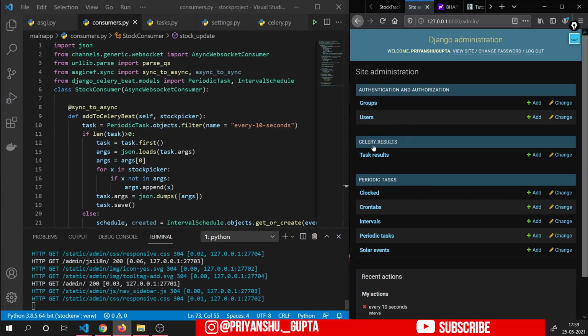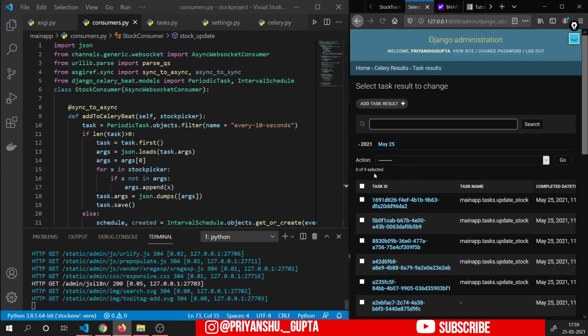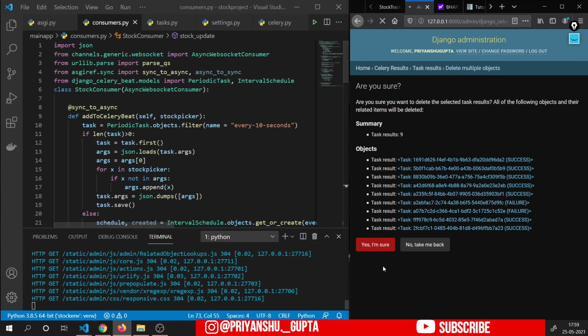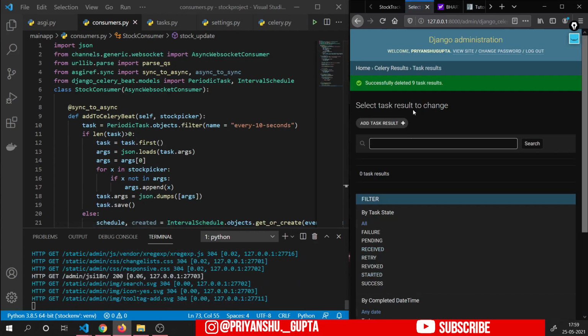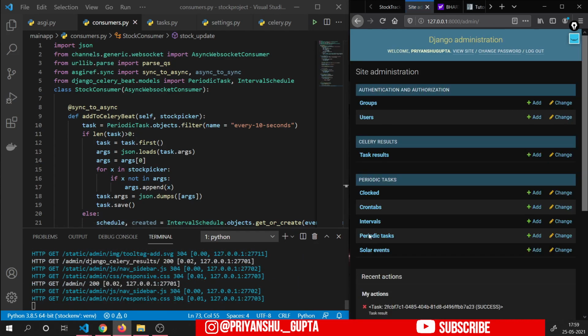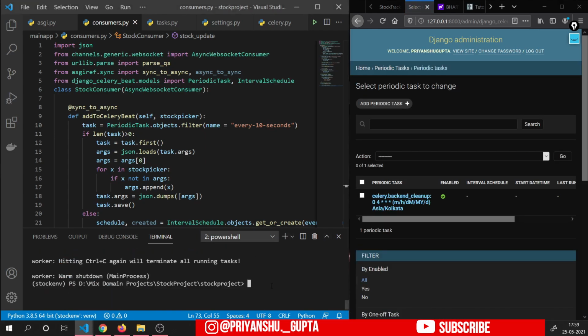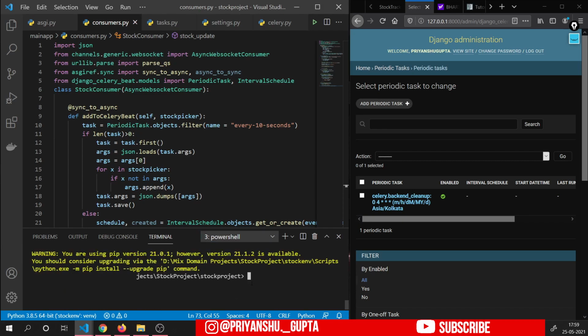Then in home you will have to remove this task results as well. So select all, yes, I'm sure, and then now let's start this Celery worker and the Celery beat as well.